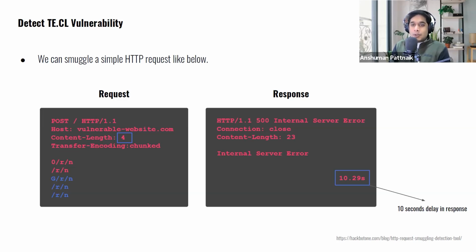In this example, the response time is 10.29 seconds. That indicates the application can be vulnerable to a TE.CL attack. But the main thing we need to understand is that the detection technique can also give false positives. So we need to apply the techniques we discussed at the beginning of our presentation to confirm the HRS vulnerability.